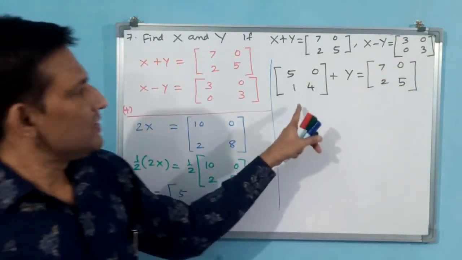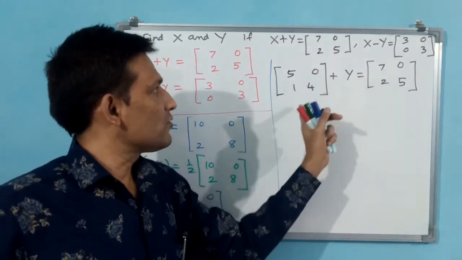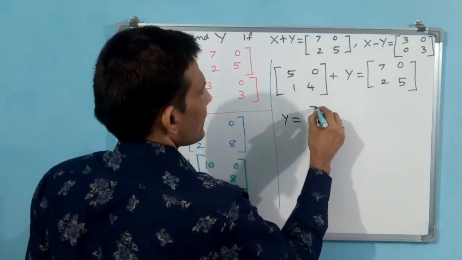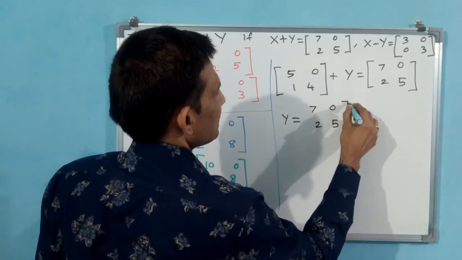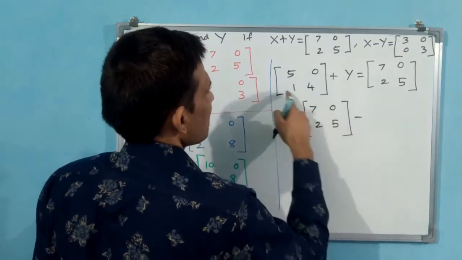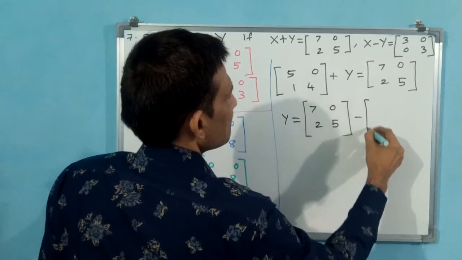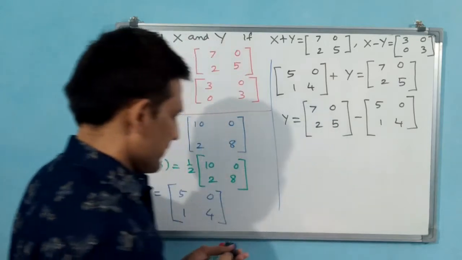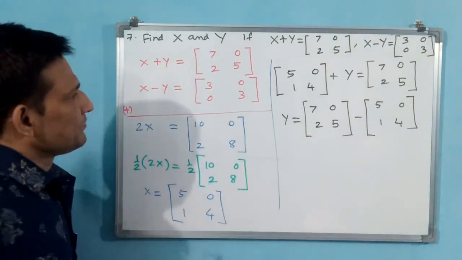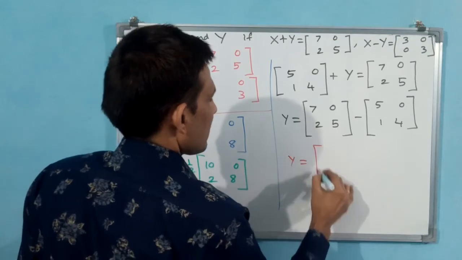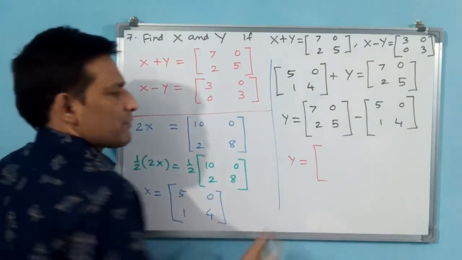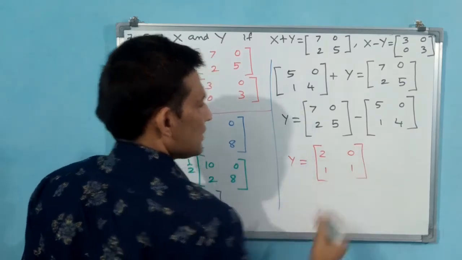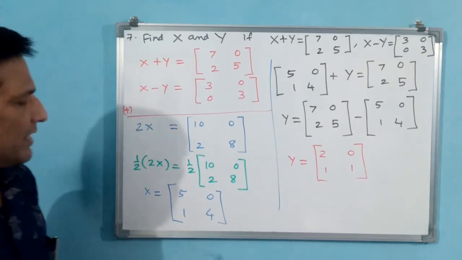Okay. Now you see, this is a plus b is equal to c. Like that, y is equal to, this is going to become subtraction on that side. Write down y is equal to 7025 will be like this only, minus x, because here it is plus, and on that side it goes negative, 5014. Okay, now let us finish y. 7 minus 5, 2. 0 minus 0, 0. 2 minus 1, 1. 5 minus 4, 1. That means 2, 0, 1, 1 will be your y answer.